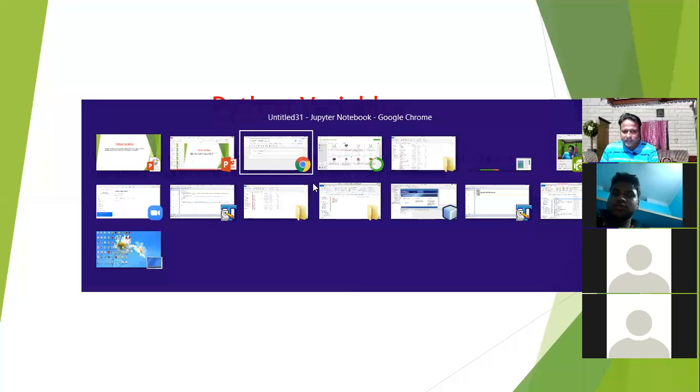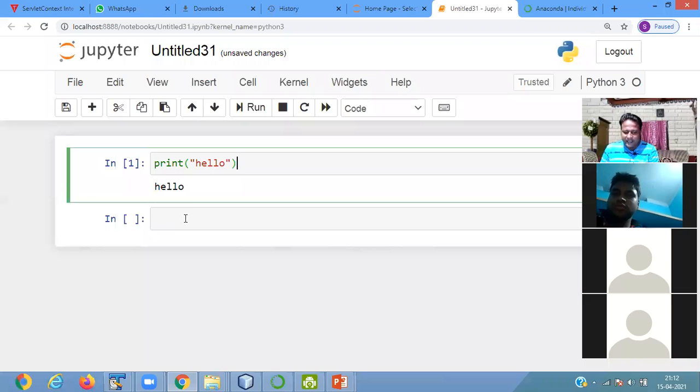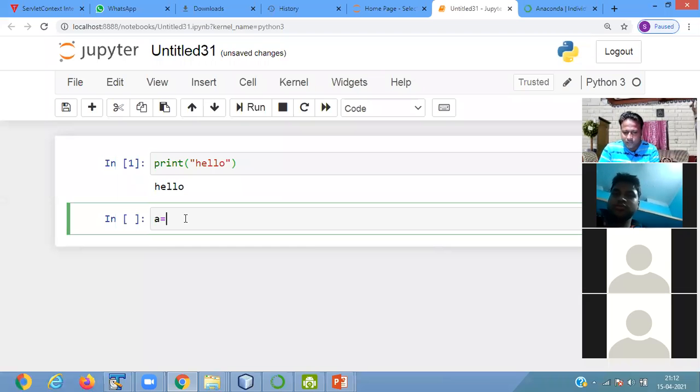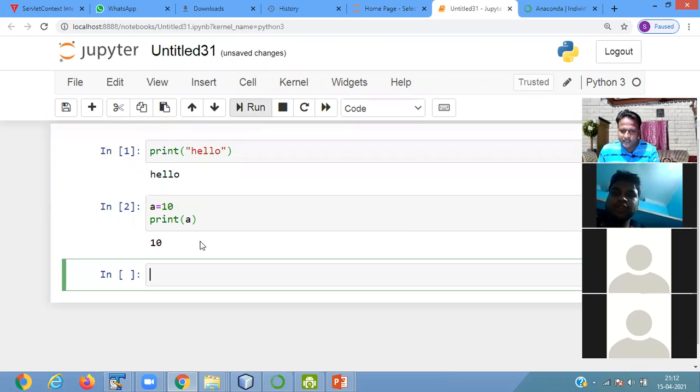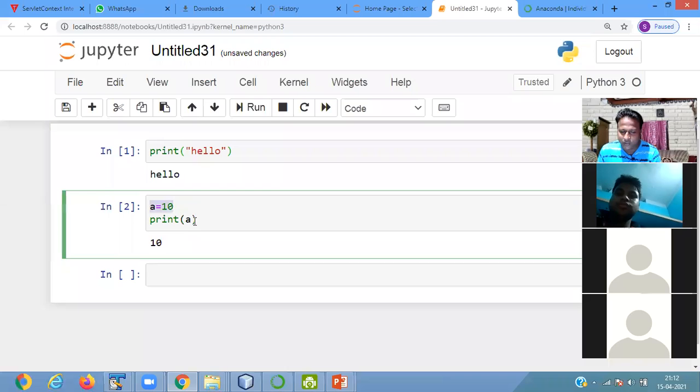Suppose I write a is equals to 10, and then if I write print a, it shows the result. See that it shows the result. If you have the copy, write it simultaneously. It is a small program. Print hello, define the variable a equals to 10, then print a, and it is showing you the value.